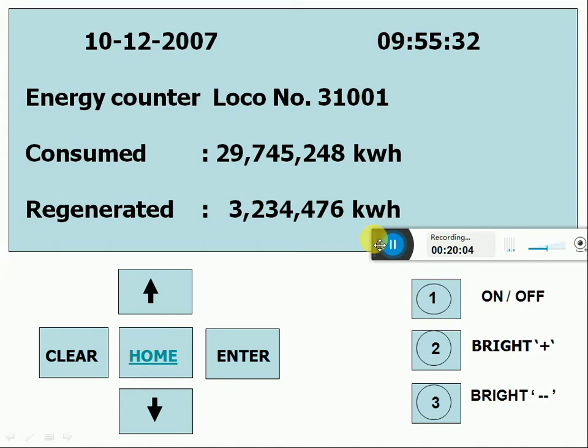The difference between handover charge and taken over charge will be the trip consumption and trip regeneration. The energy consumed during the trip minus the energy regenerated during the trip will become the final consumption of the loco during the trip.